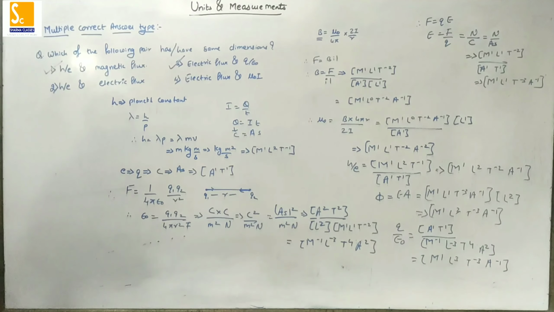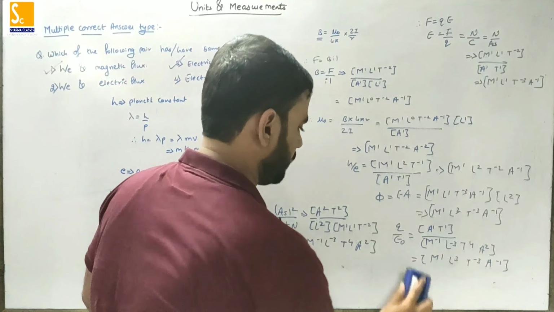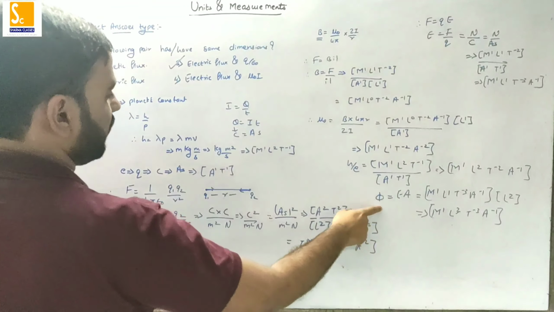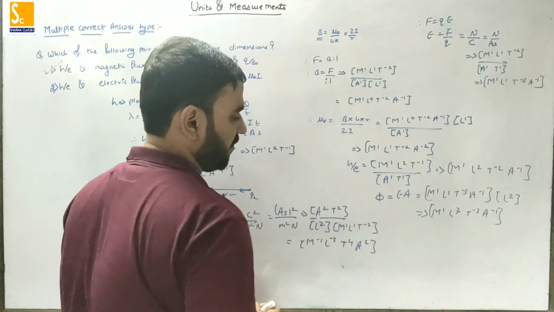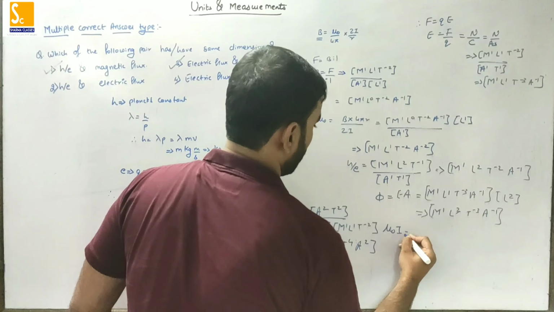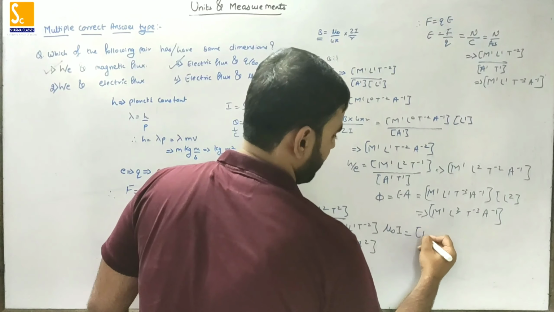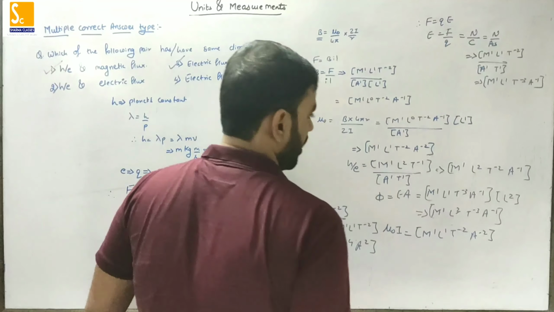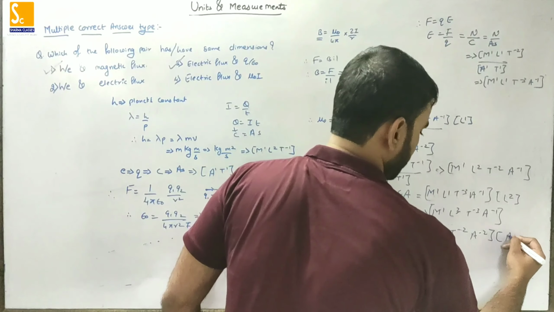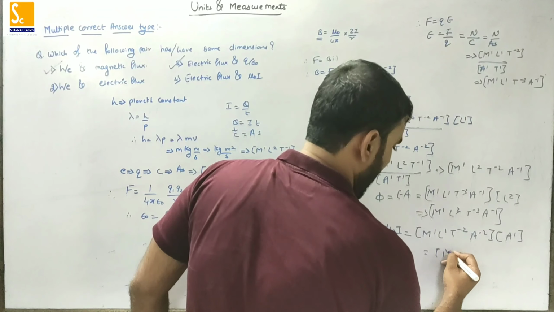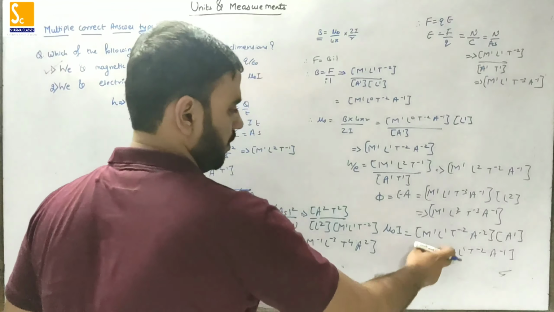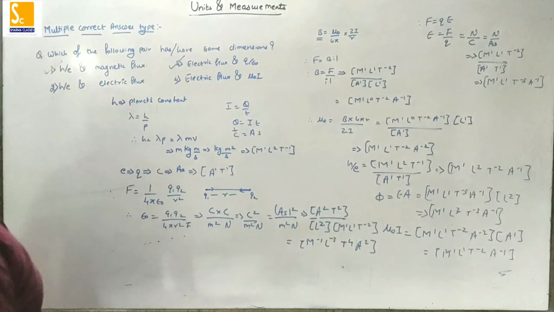Now next we'll go for option fourth to check it out. For option fourth, we have to compare electric flux and mu naught I. So we have the electric flux, and we'll go for mu naught I. What is mu naught? M raised to 1 L raised to 1 T raised to minus 2 A raised to minus 2. I is the current, so the unit will be A raised to 1, so it will be M raised to 1 L raised to 1 T raised to minus 2 A raised to minus 1. So if you look, it doesn't match. So option 1 and option 3 is